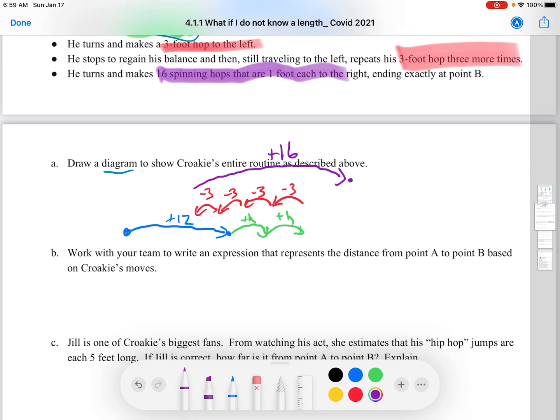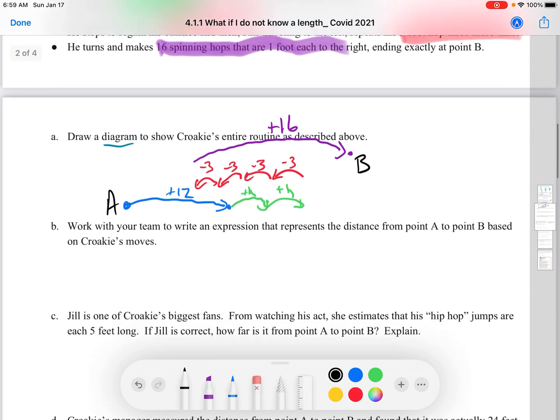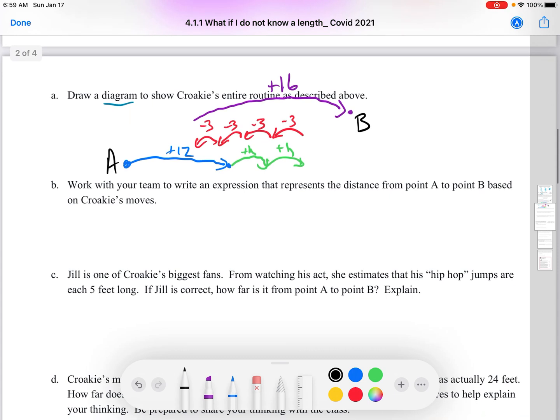Okay, so if I mark that now, this is A, this is B. Now again, because I don't know how big these H values are, if they're 100, right, that really makes this a whole lot different. But what if H is 1? And you can see how differently this picture would maybe look, right? We don't know. All right, work with your team to write an expression that represents the distance from point A